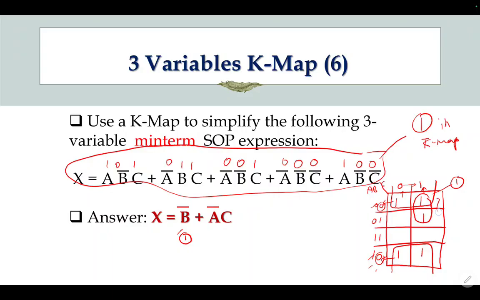For equation 2, this one is equation 2. So you have to read here and here. And then 1 here. So here to here, you got A is 0. Here A 0, A 0. So you got A bar. B change state from 0 to 1. You don't read B. And then C is 1, so you got C is 1 here. So this one is equation number 2.